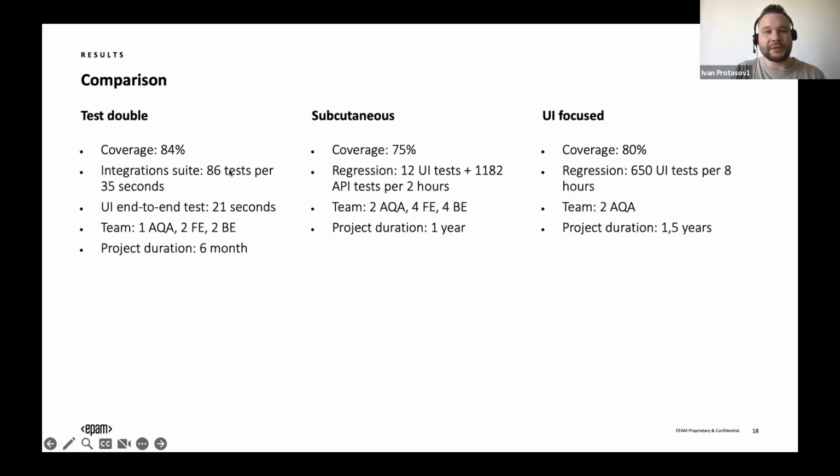However, we have a difference in regression execution time. On the first project, execution took less than a minute. That is impressive time in comparison to other projects. If we compare subcontinuous approach and the